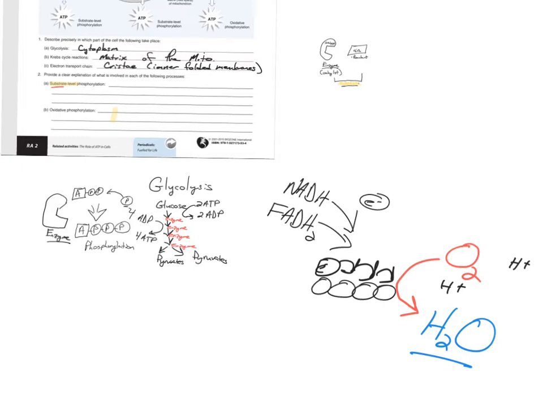The process cannot keep going if you don't have somebody to take that electron away. That's that final electron acceptor. That's oxygen, the final one that takes that electron and makes water. Otherwise, the whole chain stops. If that whole chain stops, you don't produce any ATP. So, that's why this is so important.